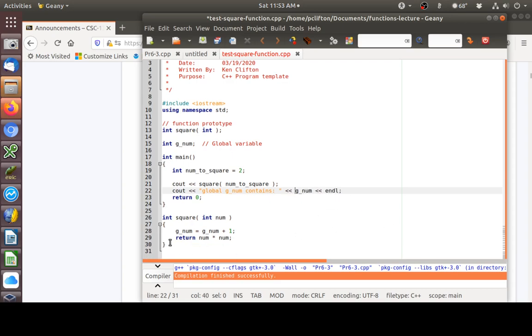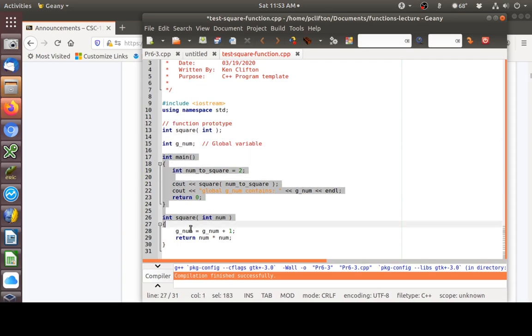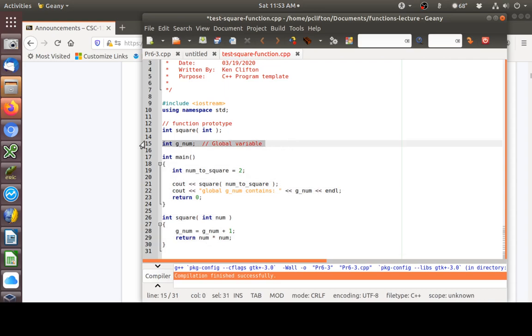Alright, so what's happening now? We're creating a global variable up here outside of any of our other functions. So it's global. That means we can get to it anywhere. We can change it from anywhere. So when our main function starts, we're calling our square function and sending it to cout. And we'll go ahead and add some descriptive text here. Result of squaring 2 is,